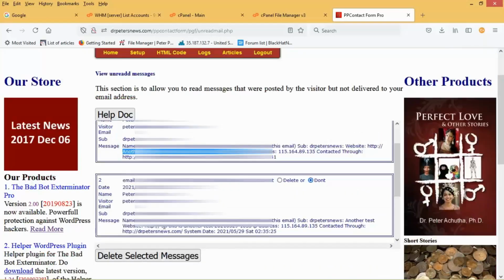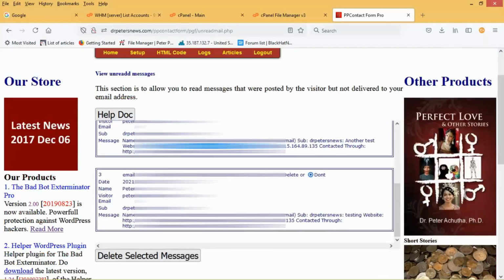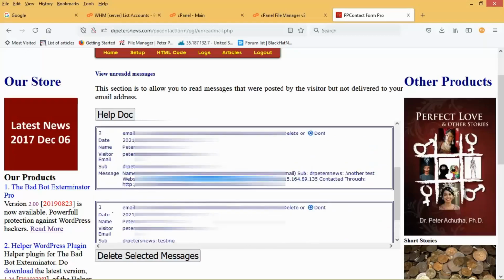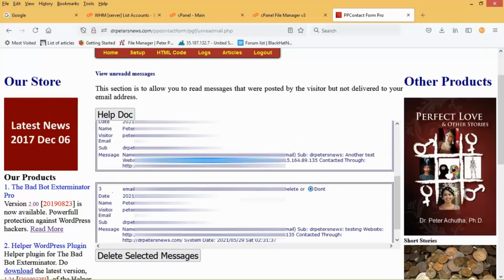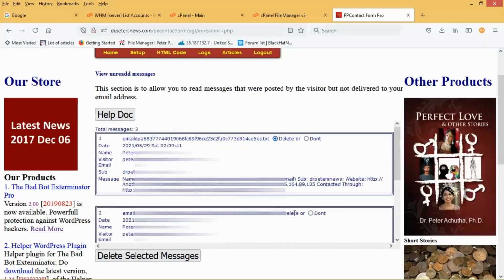You can copy and paste this information to your visitor so that he knows what he sent you and when he sent it,